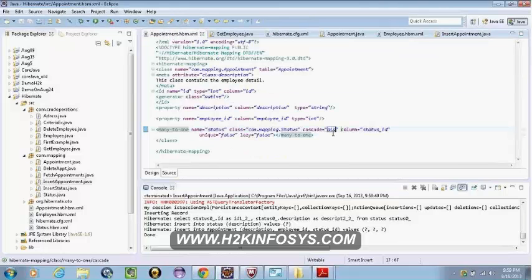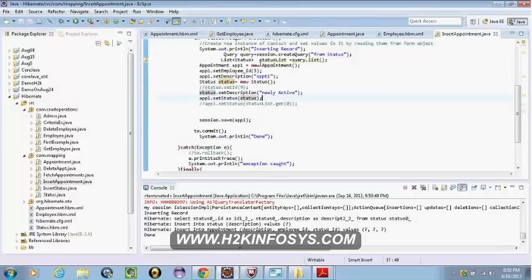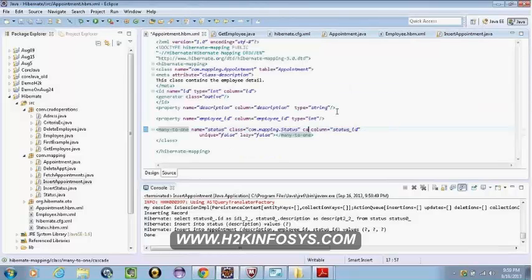But previously, this was not there. I'm not saying cascade is equal to all, which means I'm not saying that when you save the appointment, save the status also. I'm not saying it. That is the reason that when I'm creating an appointment with a new state, it is giving me an error, because Hibernate doesn't save the state when I'm saving the appointment.